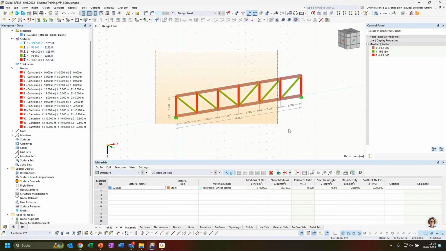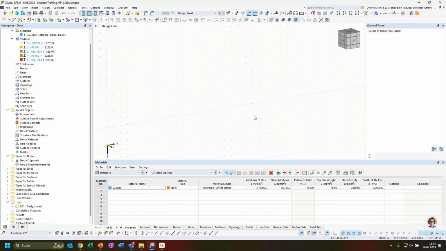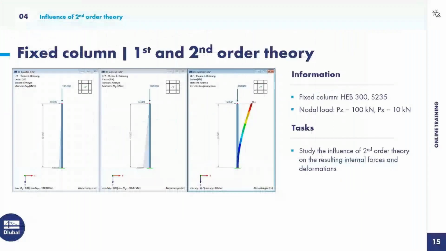That leads us to the two more advanced topics of this online training session. We now want to tackle a more theoretical topic, which is to investigate the differences between first and second order theory and how we can change between these analysis methods within our software. And in order to do so, and also because the time is running a bit,